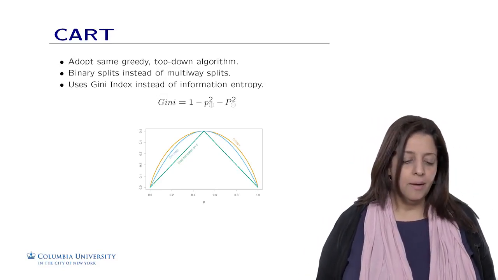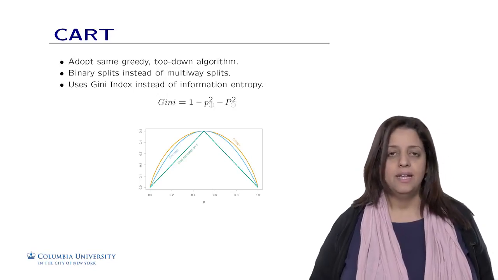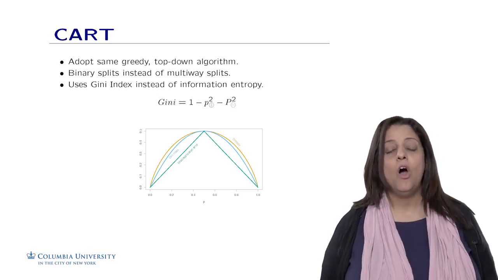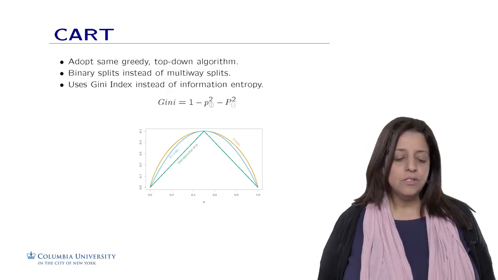So except that CART uses binary splits instead of multi-way splits, like in the decision trees we have seen so far, in which each feature is split by all of its modalities. In CART, it's just binary splits. And it also uses another